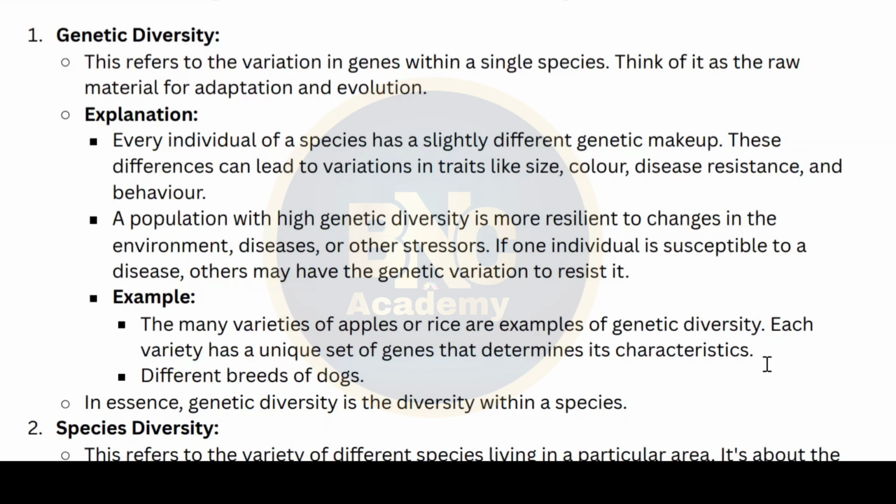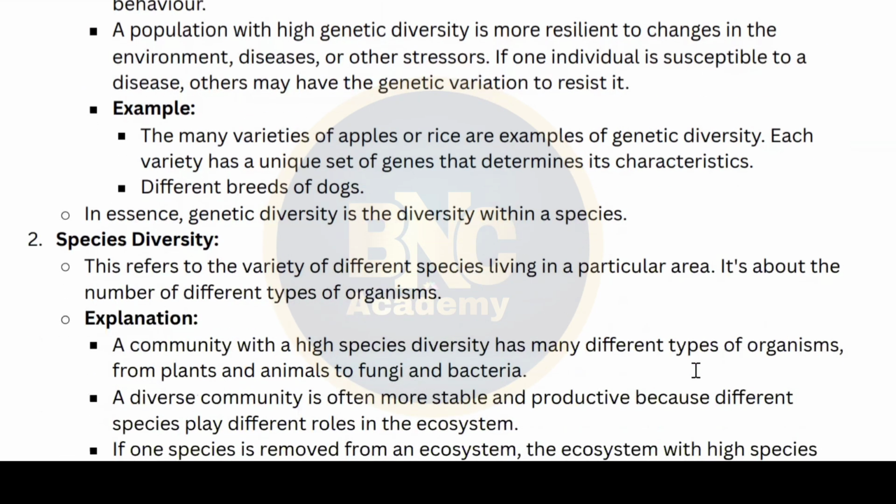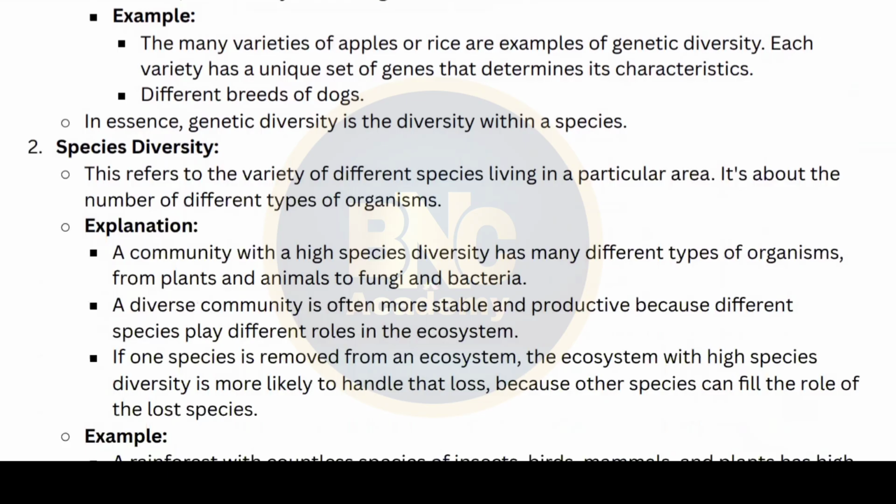Agricultural aspect. Genetic diversity is crucial for agriculture. It allows us to breed new varieties of crops and livestock that are more productive, disease resistant, and adaptable to different climatic conditions. Similarly, wild plant populations contain genetic variations that allow some individuals to tolerate drought, while others are more resistant to disease. Let's move to the second one,